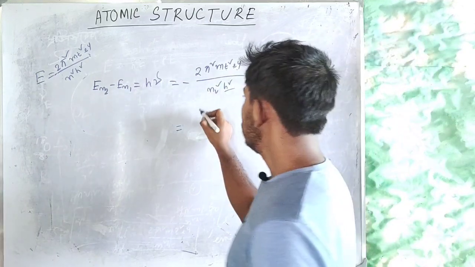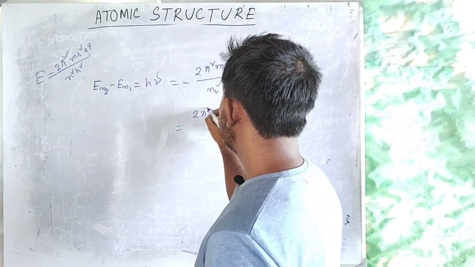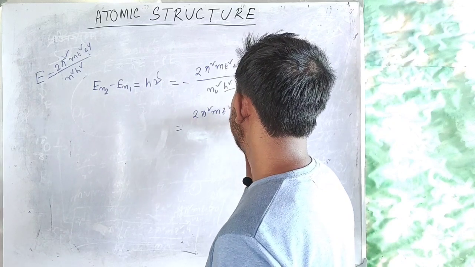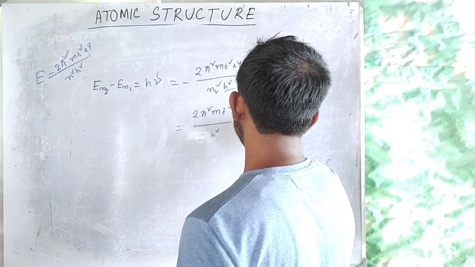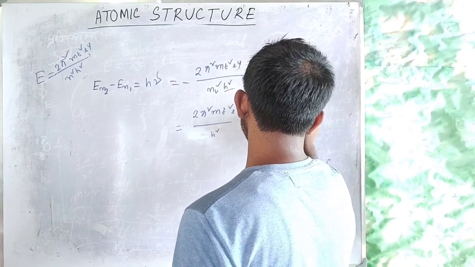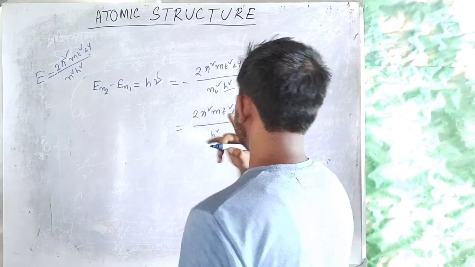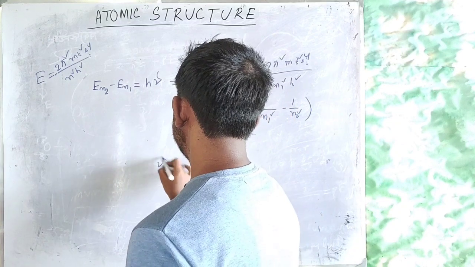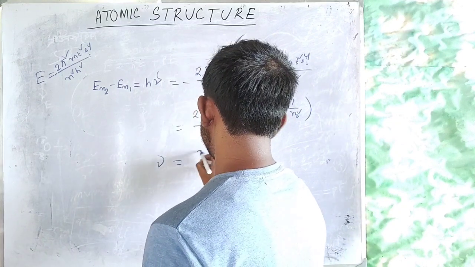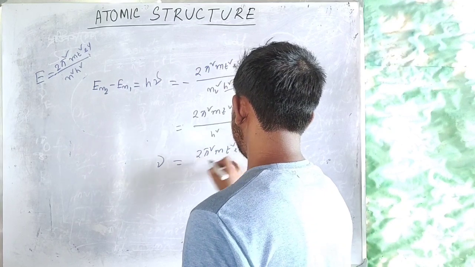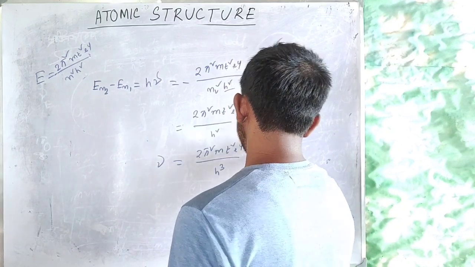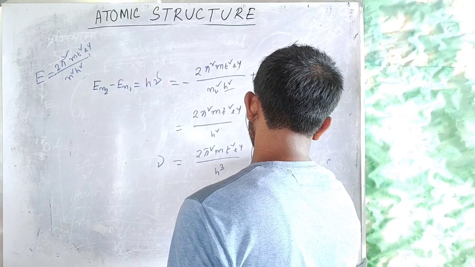So we will get 2π²mZ²e⁴/h² into (1/n1² minus 1/n2²), or ν will be equal to 2π²mZ²e⁴/h³ into (1/n1² minus 1/n2²),